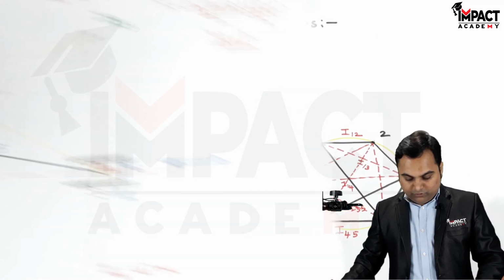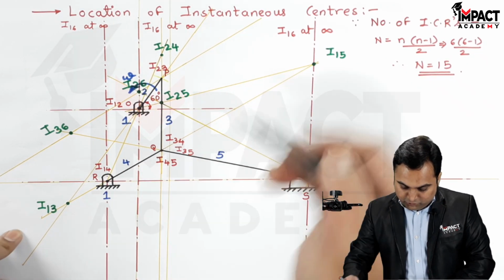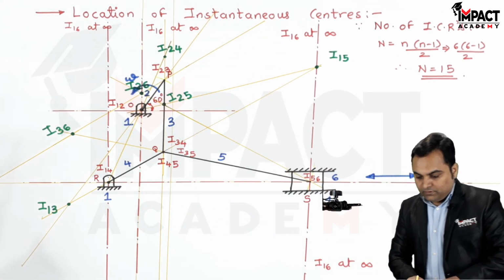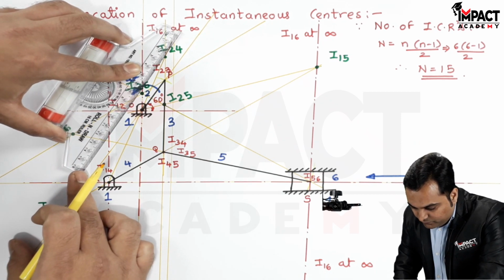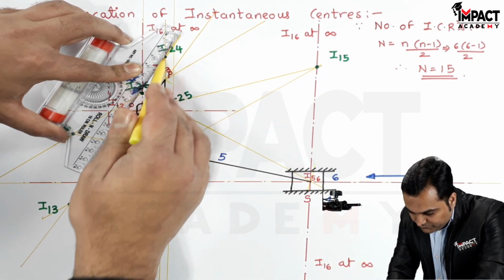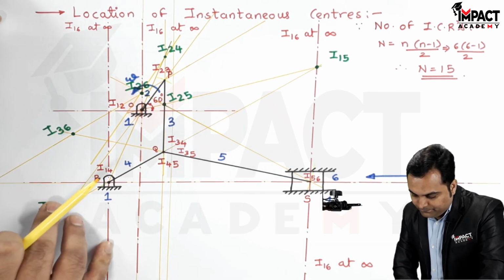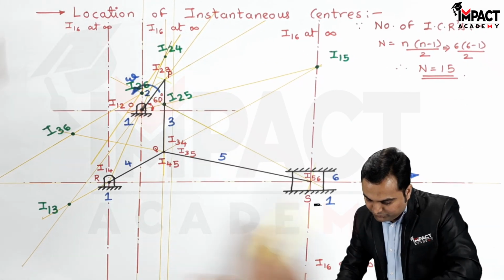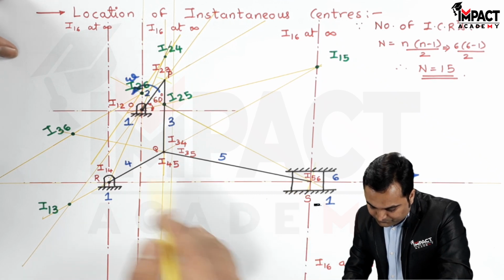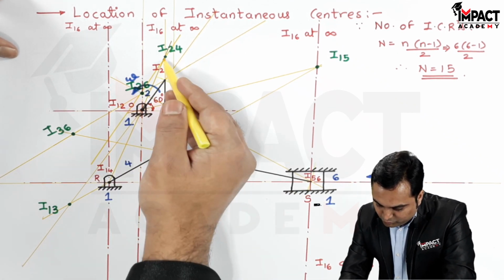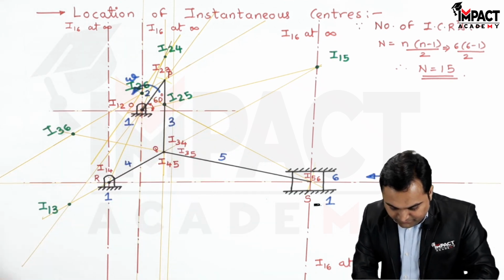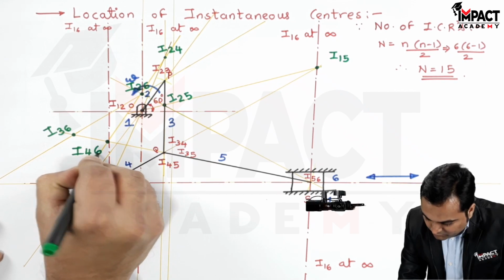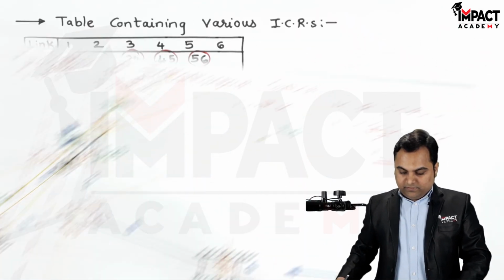So 2, 6, 2, 4. We have here 2, 6 and then there is 2, 4. Connecting them with the help of a light line, and then bringing it up to this line where I am getting the intersection of the other points, which are 4, 5, 5, 6 onto this line. So here is the line of 4, 5, 5, 6, and I have connected 2, 4, 2, 6. So where they meet over here gives me the next ICR which is left, that is I46,